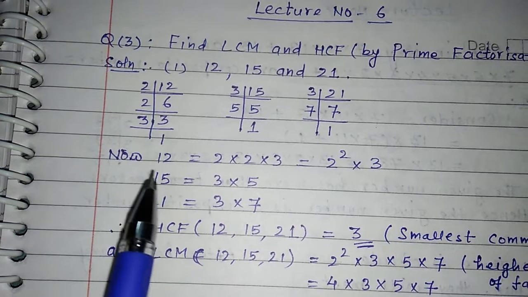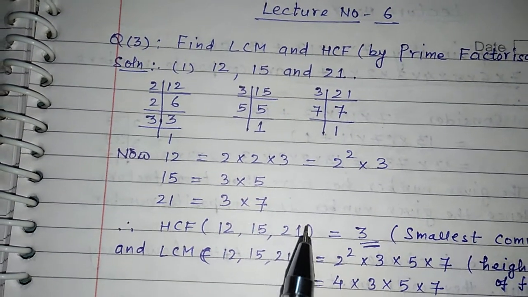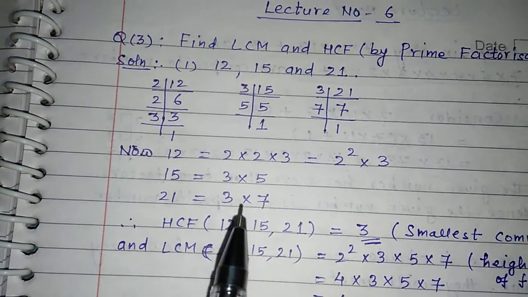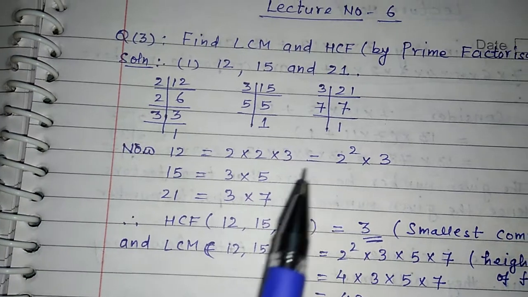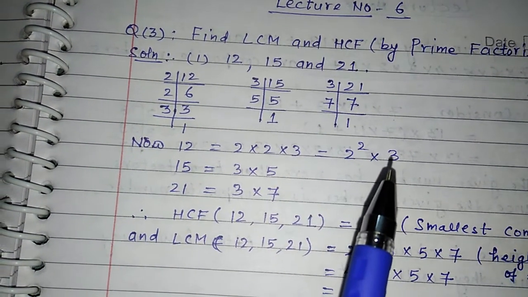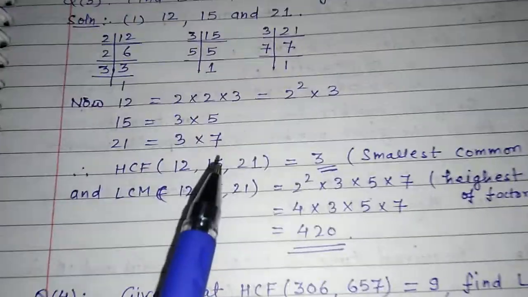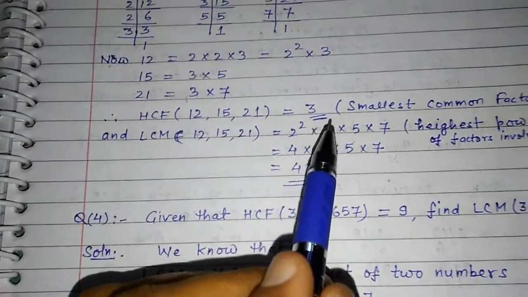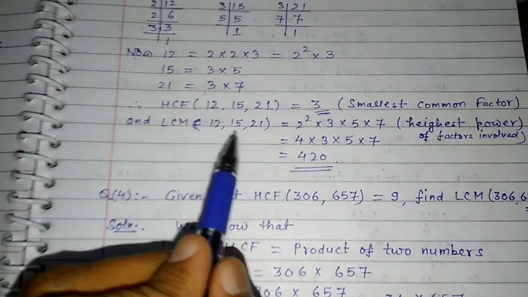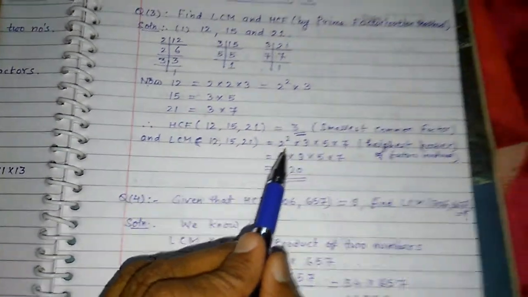Therefore the SCF of these three numbers 12, 15 and 21 is the smallest power of the common factor. These three numbers have the common factor 3, and they have the same power 1. So the required SCF is 3, the smallest common factor, and the LCM of these three numbers is the greatest power of